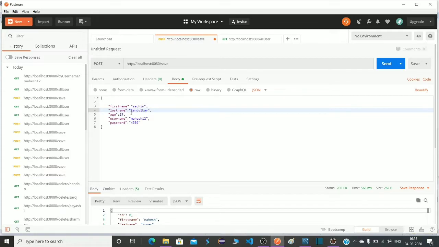I write Sachin Tendulkar, and suppose I am giving 55 and username Sachin G, and let's take 8563 as password and save this record.